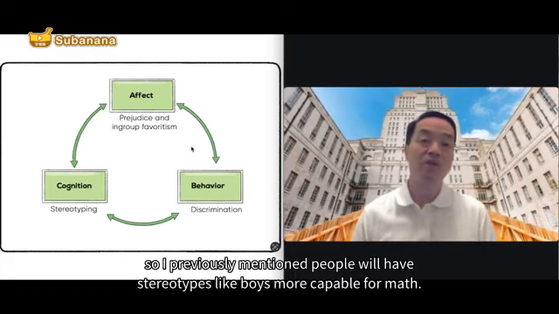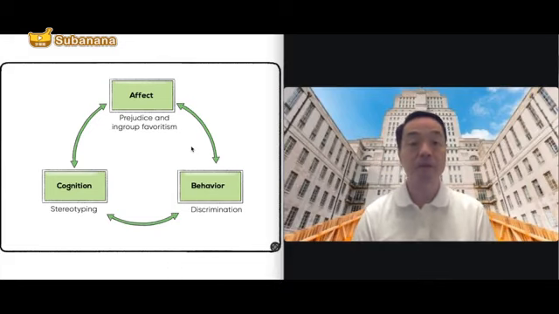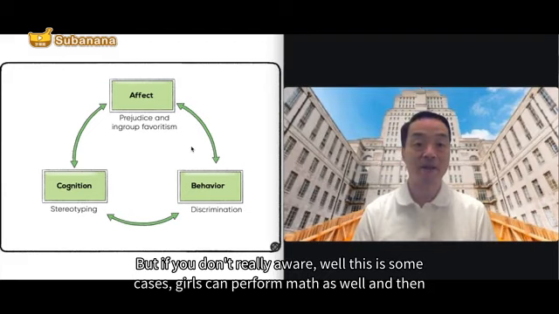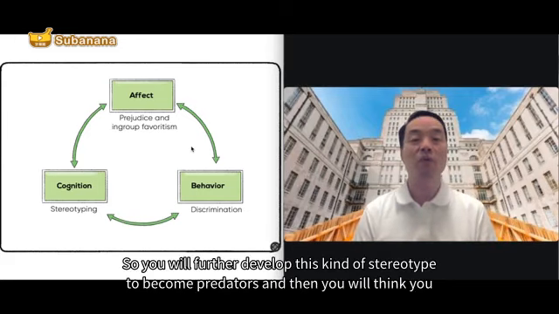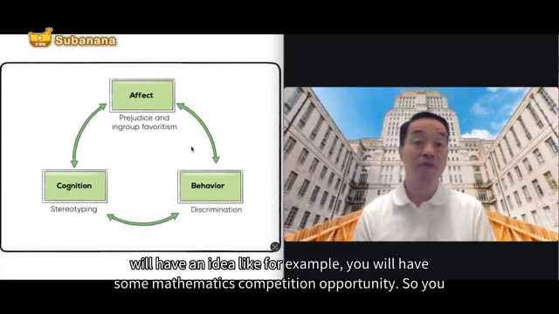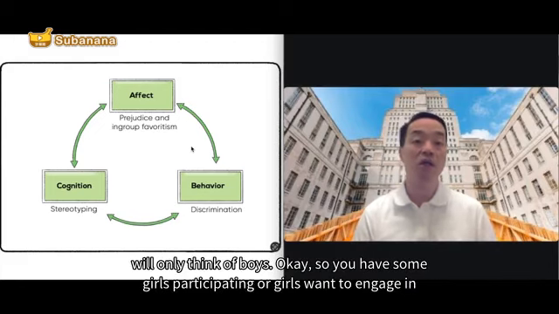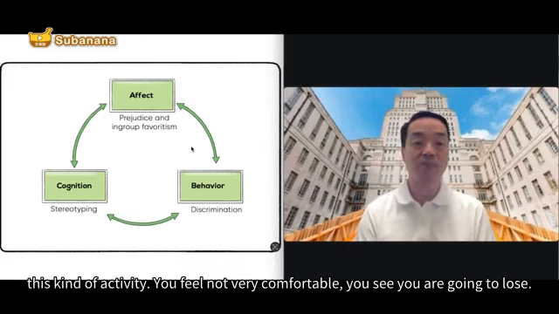For example, I previously mentioned people will have stereotypes like boys are more capable in math. But if you are not really aware that in some cases girls can perform in math as well, and you don't really care what makes both genders perform differently in different academic subjects, you will further develop this stereotype into prejudice. For example, if you have some mathematics competition opportunity, you will only think of boys. And then if some girls want to participate or engage in this kind of activity,